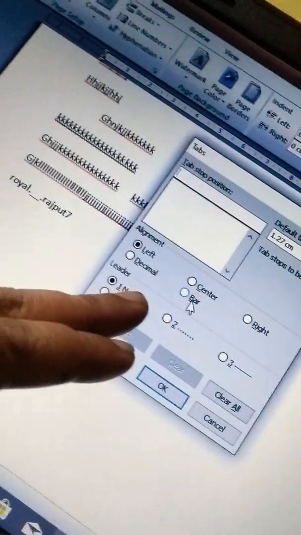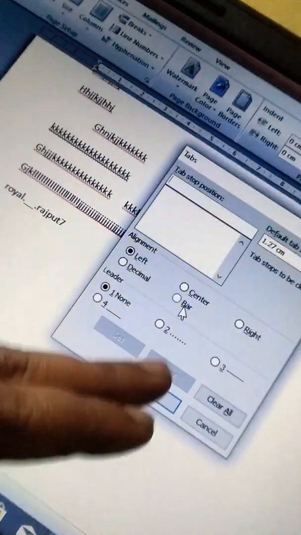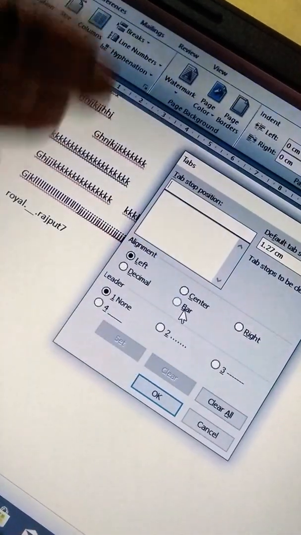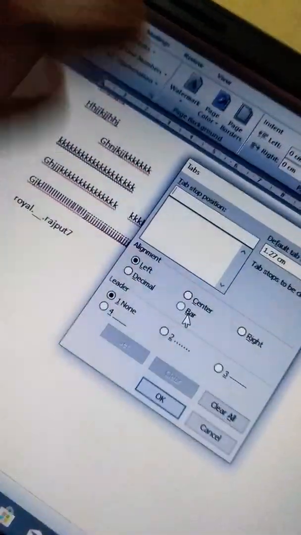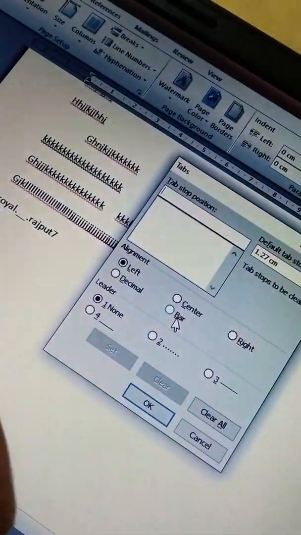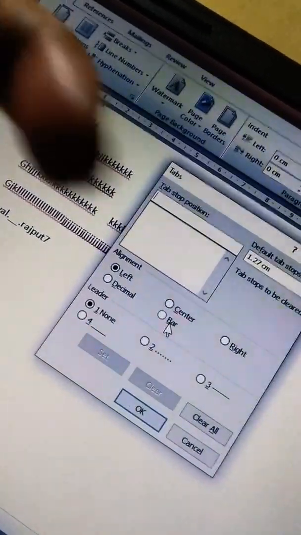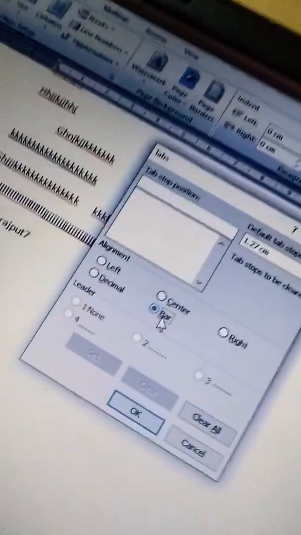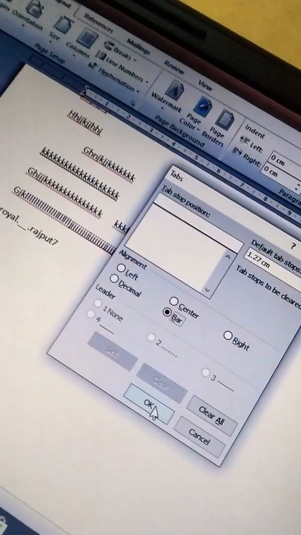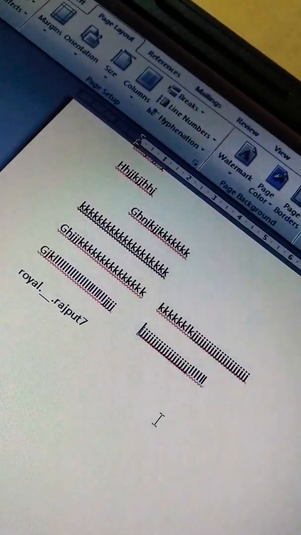When you select bar, when the alignment jumps to the next, it will just draw a line above. You just select it and press the OK button, then you click here and press the tab key. See what happened.